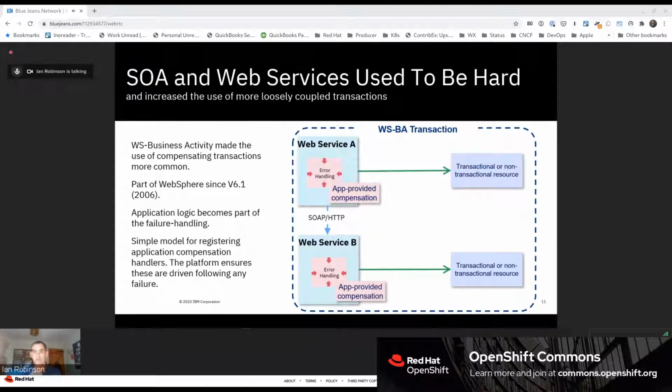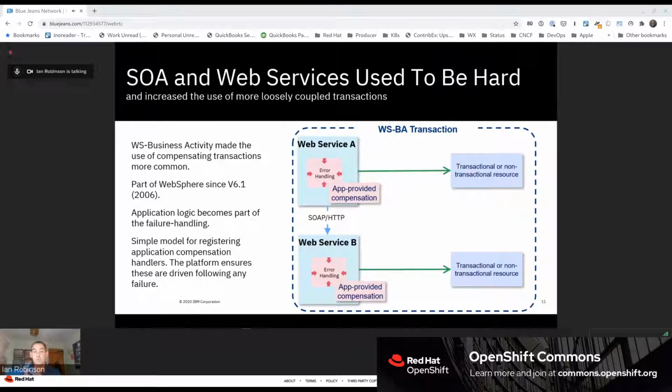It's the scope of the complexity is constrained just to what an individual web service needs to do to make itself right if the overall infrastructure in which it is running determines that the overall transaction has failed and directs that web service to compensate. The majority of the complexity is deciding, first of all, that compensation needs to occur, and then ensuring that the outcome to compensate is reliably delivered to all of the web service transaction participants.